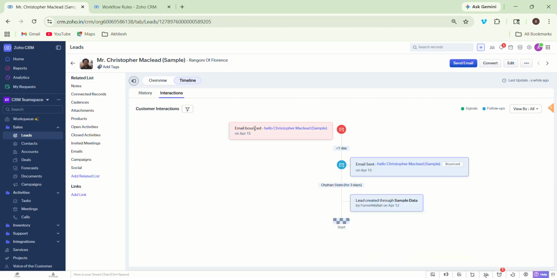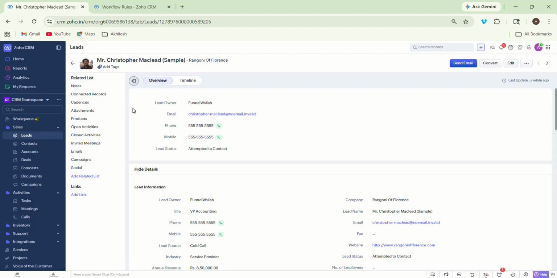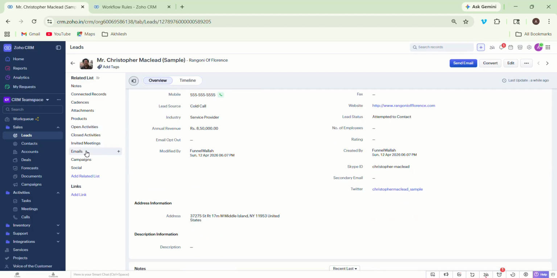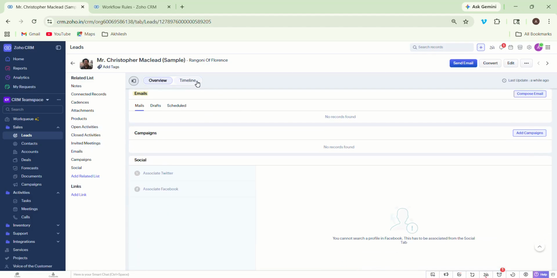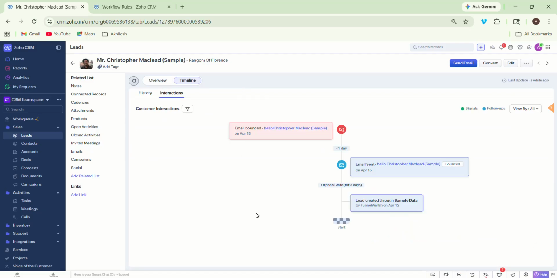Interactions, all that. Email bounced. Why? Because this person is not an actual ID. This person is non-existent. You can see where the emails and everything goes. So no records found. We'll check why it went wrong. But yeah, this is what it is. Email has been bounced. So whenever usually they open or click an email,